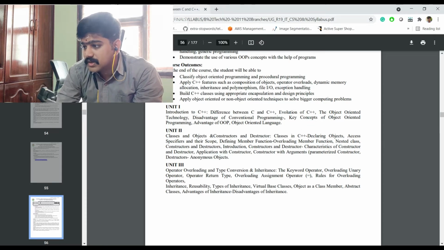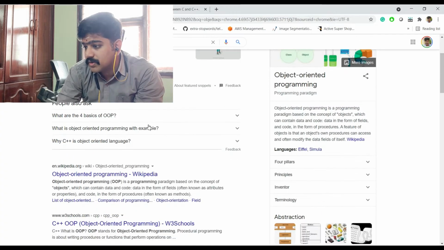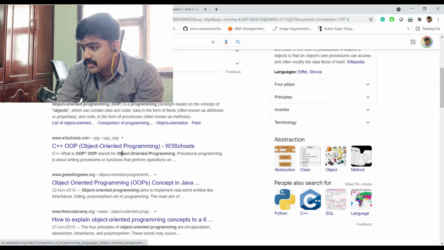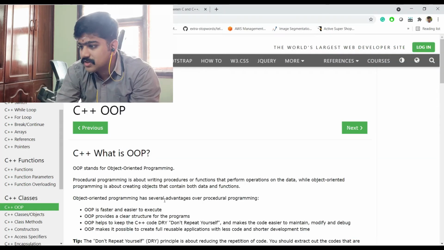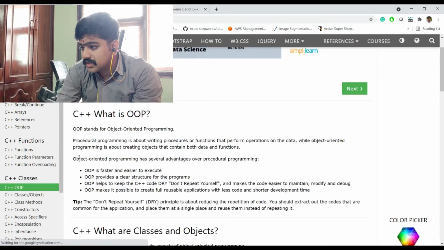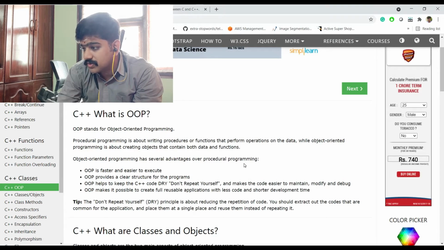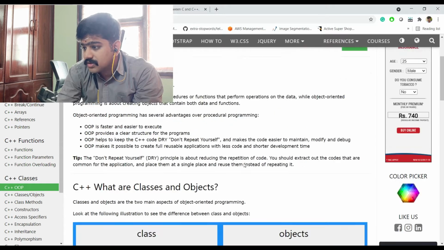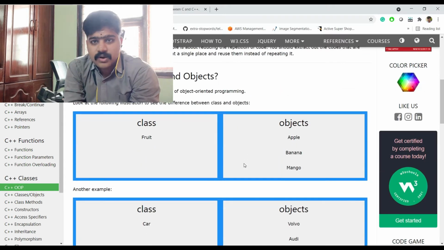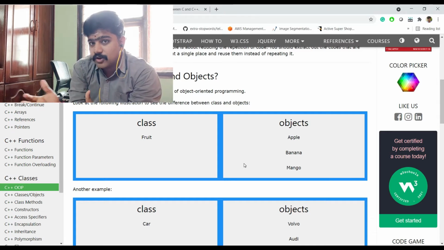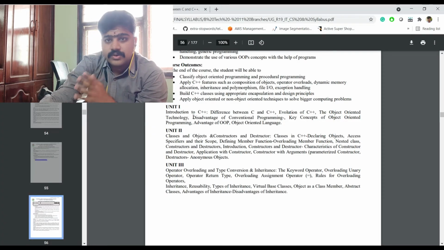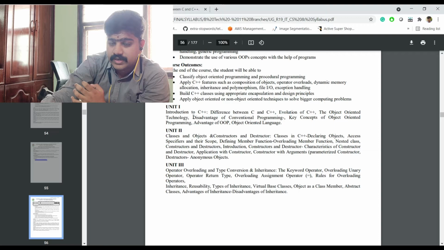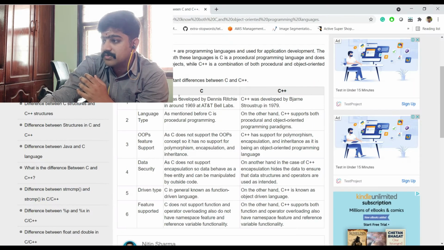So what is the basic key component of object-oriented programming? You can study in this one. W3Schools is good for you, so it will be in easy English. So these are the several advantages of using procedural programming. So like this, the concerns you are having can be explained by these kinds of object-oriented programming structures. So you need to speak about the disadvantages and advantages, and what is the difference between using each and